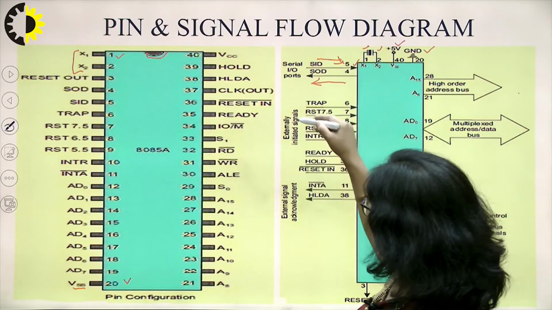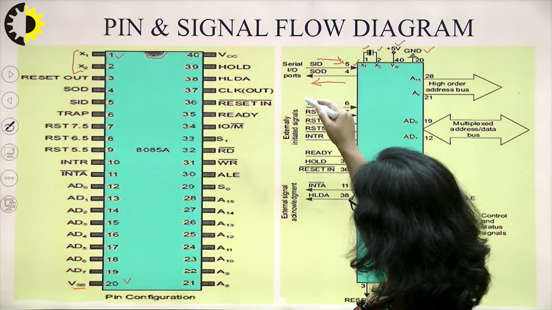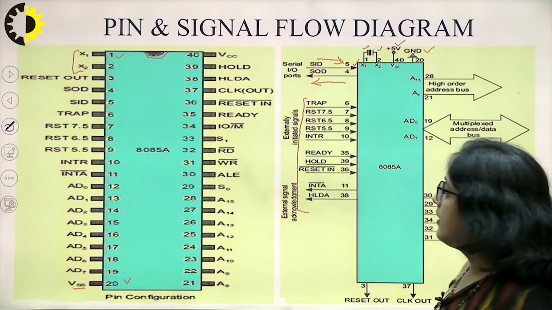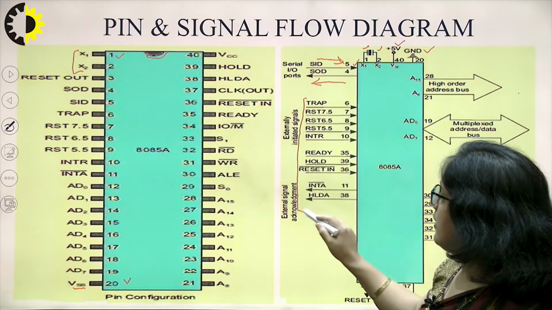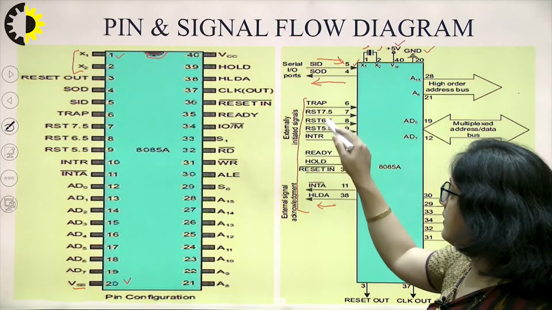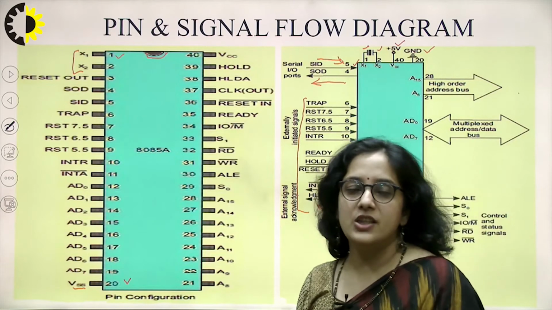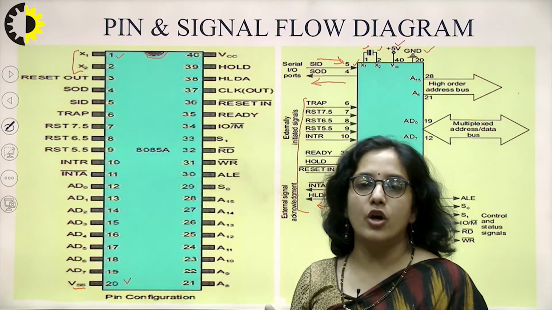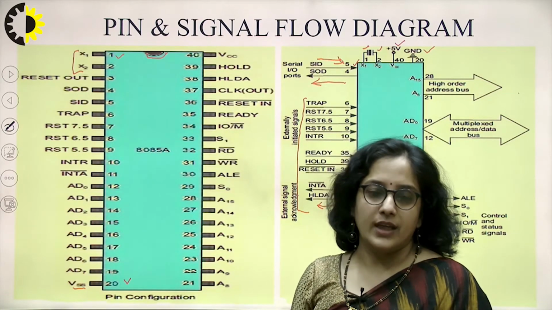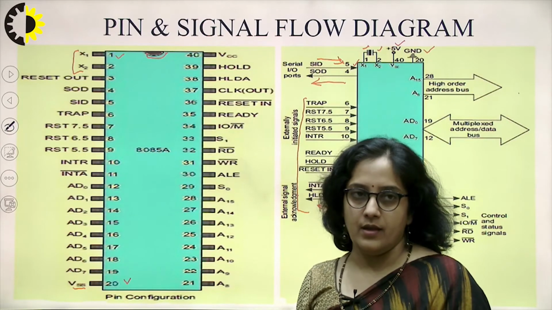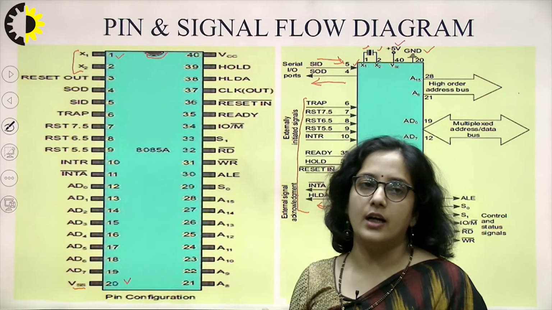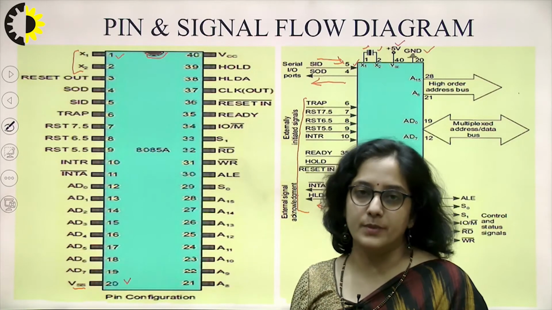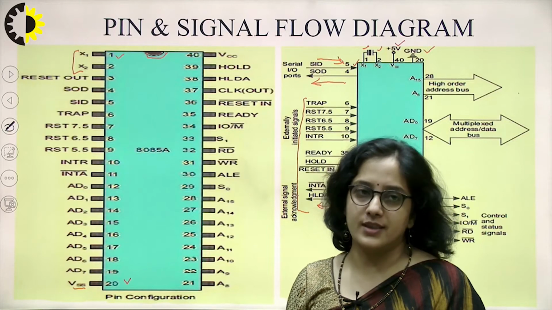Then you can see here that there are some externally initiated signals. The last two are the acknowledgement signals, and the further ones are the initiated signals. Externally initiated signals are signals initiated or generated from another device to get access to the microprocessor. These signals are the interrupt signal and the ready signal. If any device is slow in processing, it needs the microprocessor's help to perform some task, then it will use this ready signal.